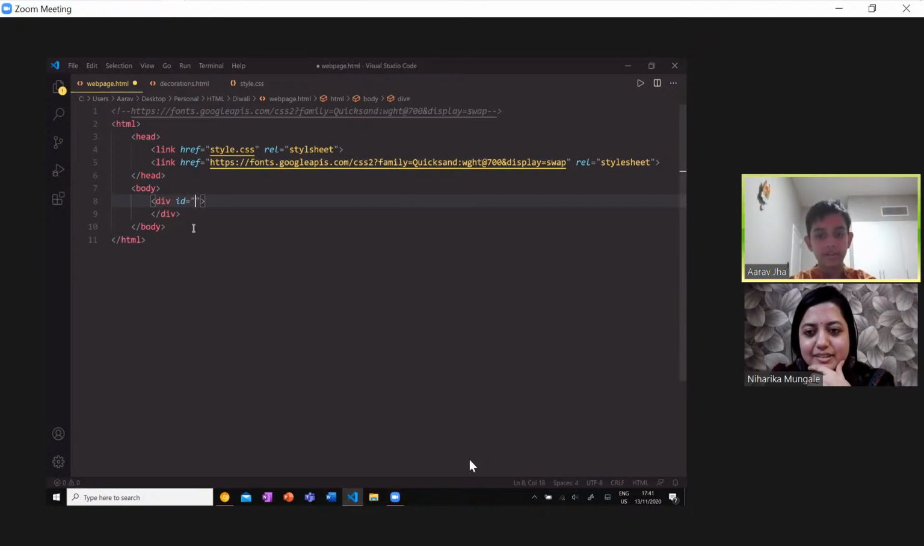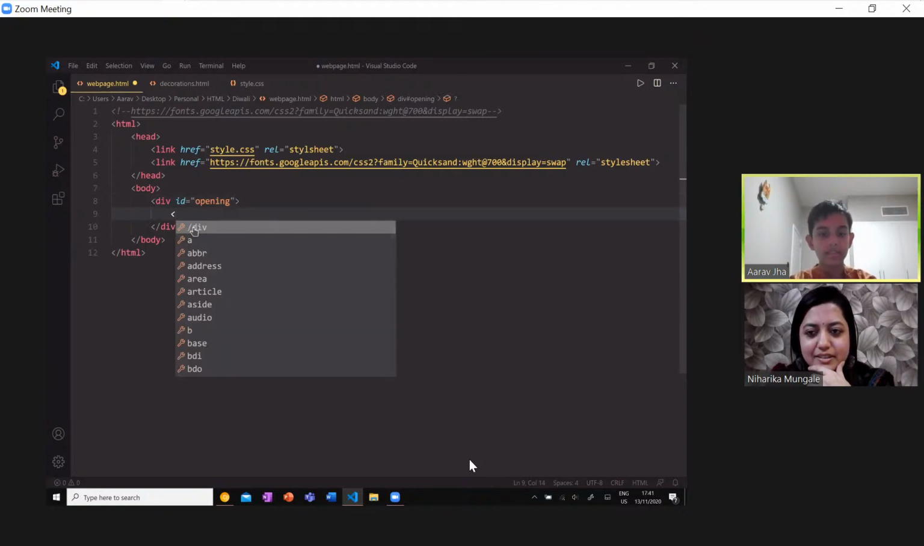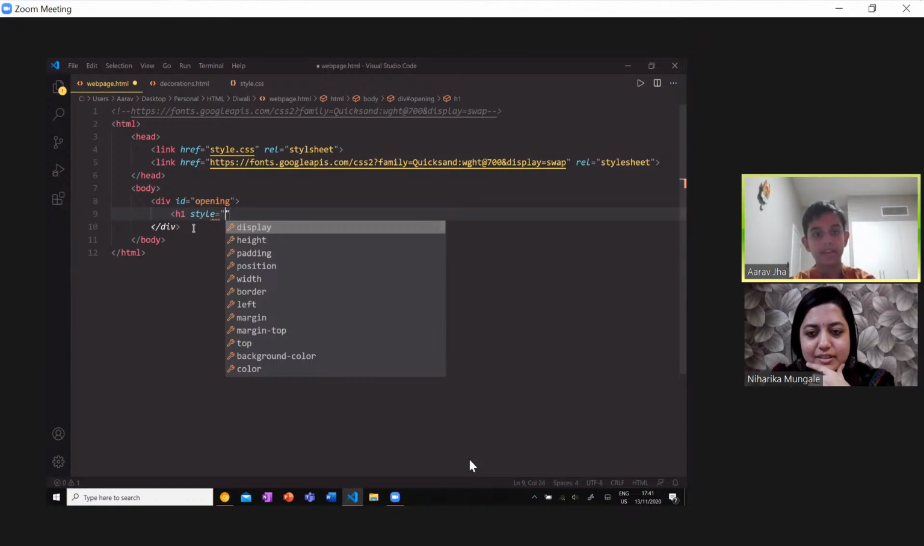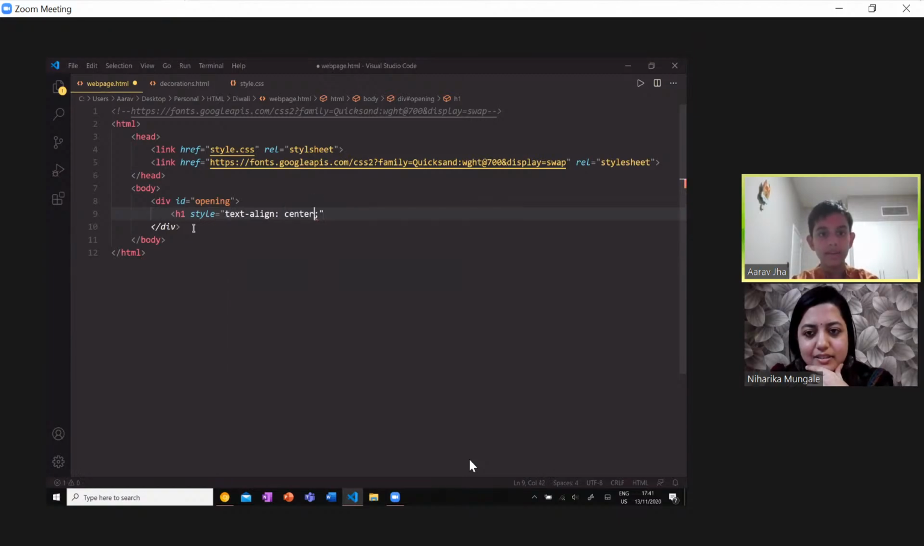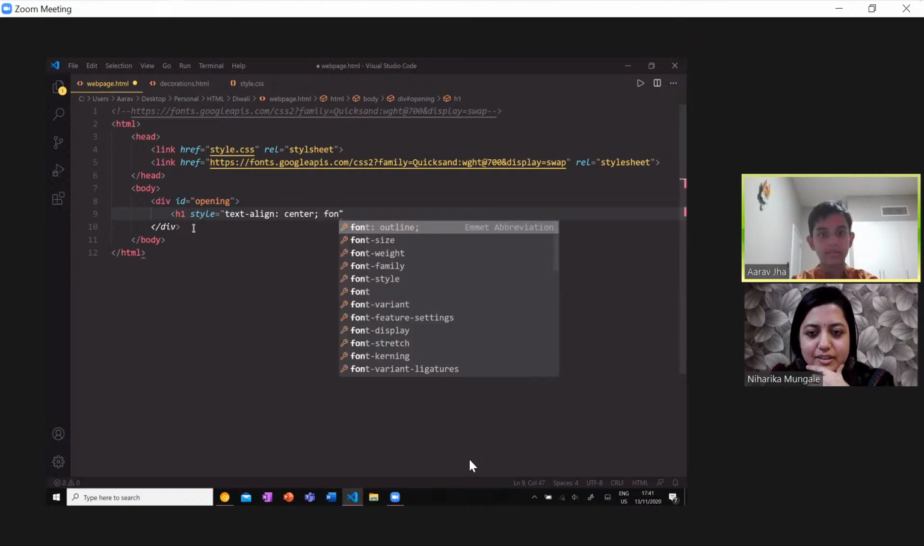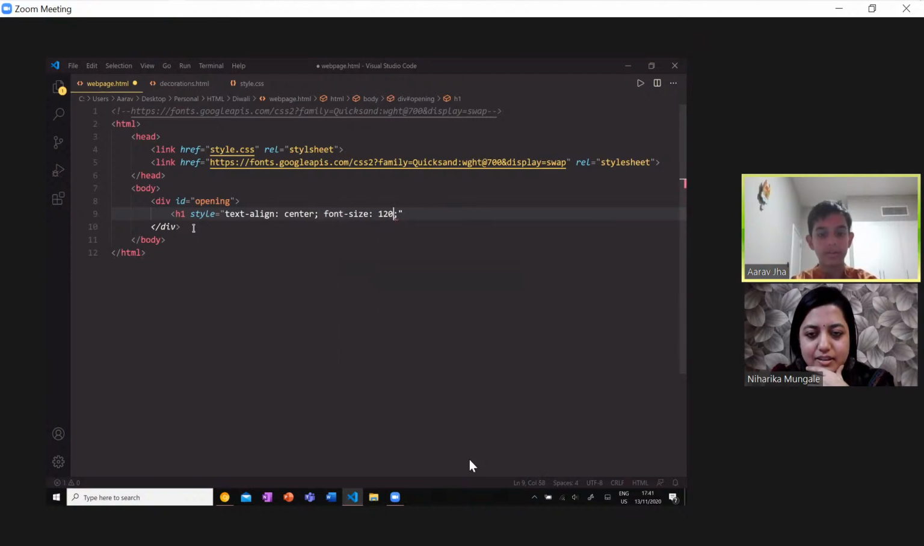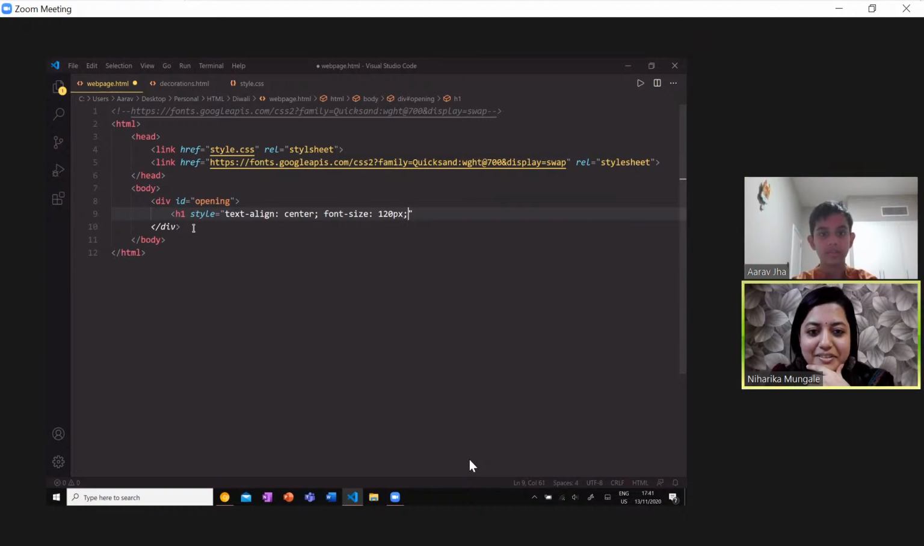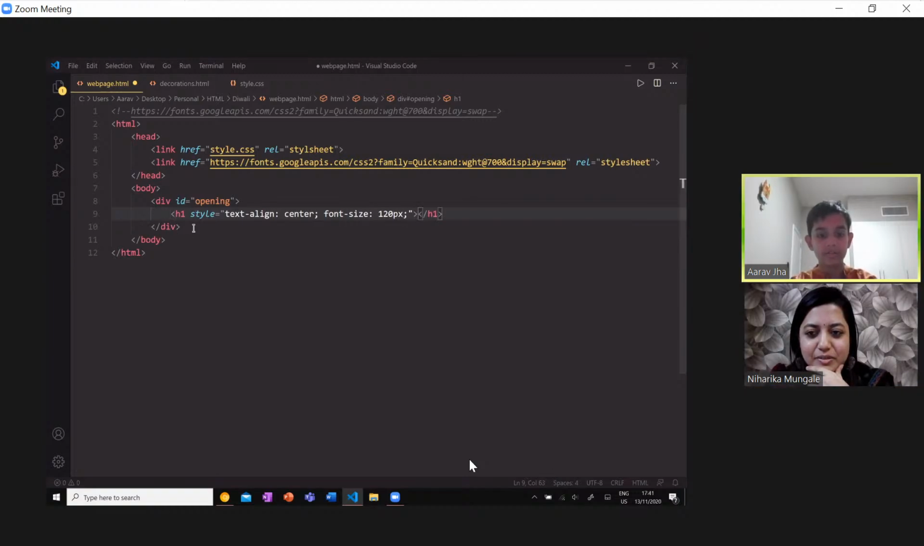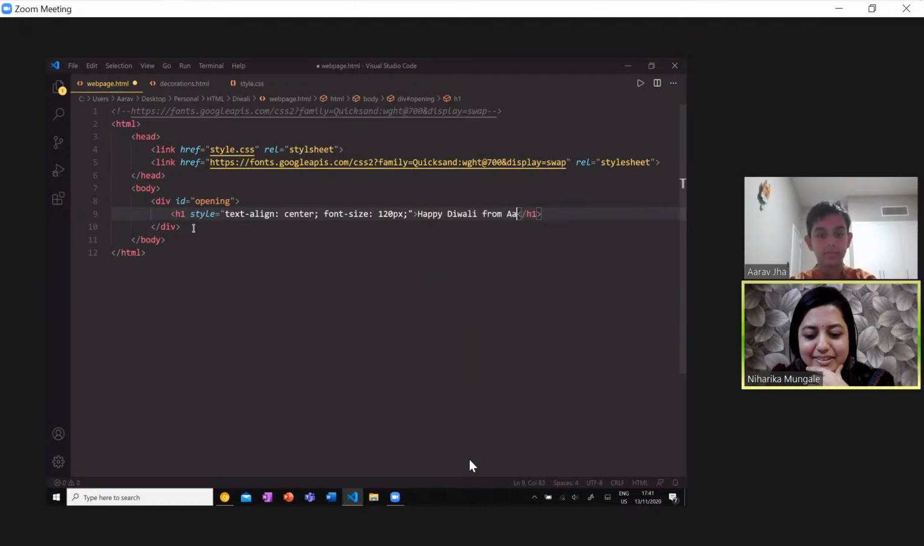Okay. First, give it an ID, which will help me make it look nice. I'll make it opening, because it's the opening web page. And then I'll make a big heading. So H1, it's the biggest heading you can get. Style, used for styling it inside HTML. I'll make it align center so it looks nice. And I'll make the size very big. How about 120 pixels? Wow. Okay. And now all I have to do is write Happy Diwali from